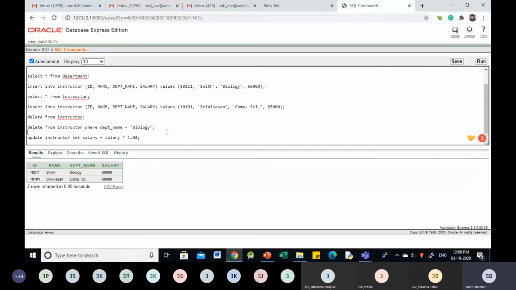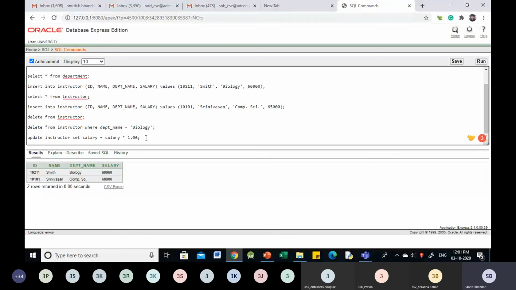Fine. Now, let us once again restore the original salary value. How can I give the update statement? We want to restore the original salary value. See here, an update statement without a where clause will affect all the rows in the table.